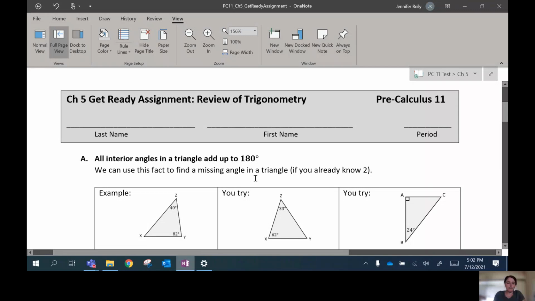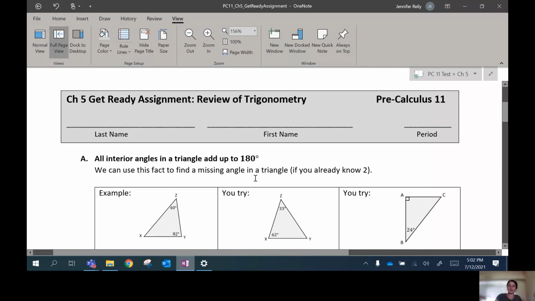Okay, so like I said, 3 basic facts. The first one is pretty straightforward. It's just the fact that for triangles, all interior angles, so that means inside the triangle, always, no matter what kind of triangle you have, they always add up to 180 degrees. So we can use this fact, and we will use it throughout the chapter, to find a missing angle in a triangle. So in this example here, let's say we want to find angle X,